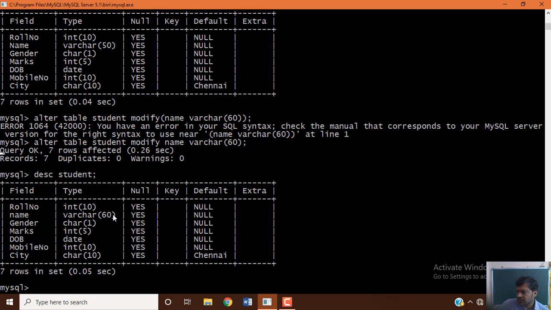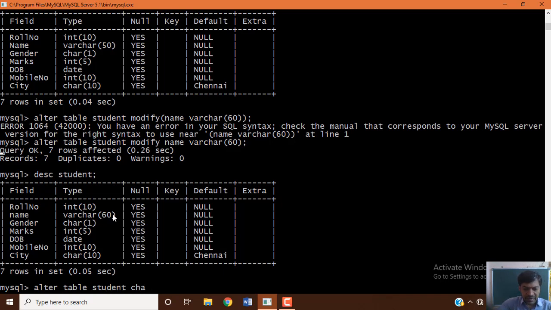Suppose if you want to rename a column, then you can use another command, column renaming. Let's use alter table student change.